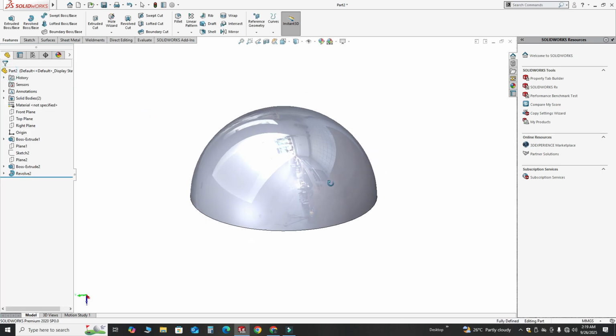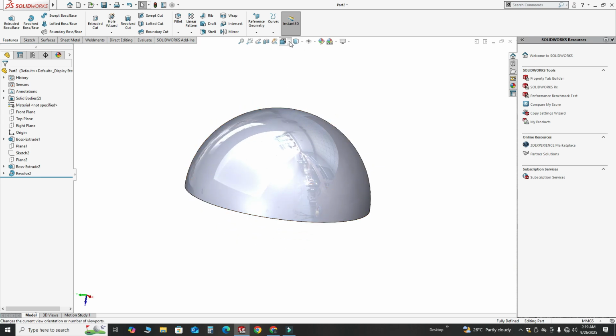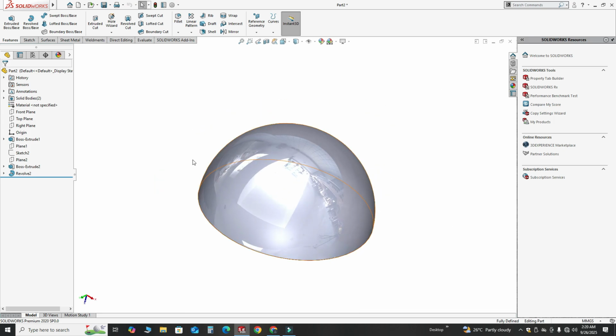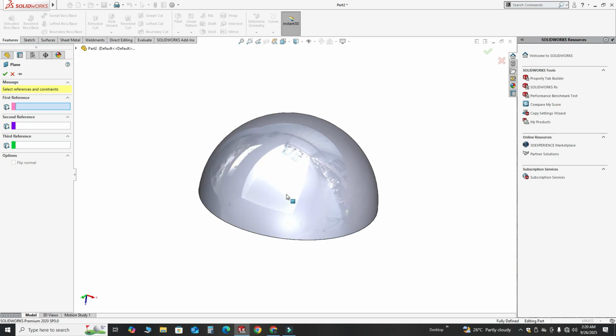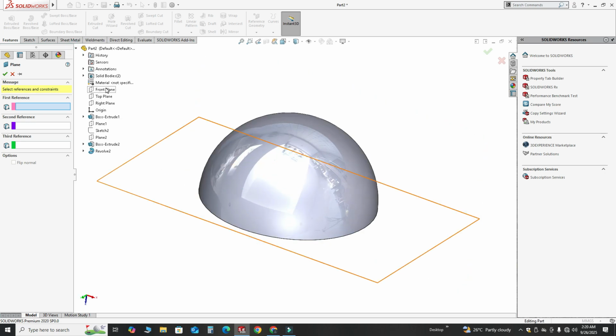Now the problem is we have to create a plane which is tangent to this surface, okay? Like this. Let's say I want a plane here. So for this, go to here, features, reference geometry, plane, and for the first reference, I will select front plane,